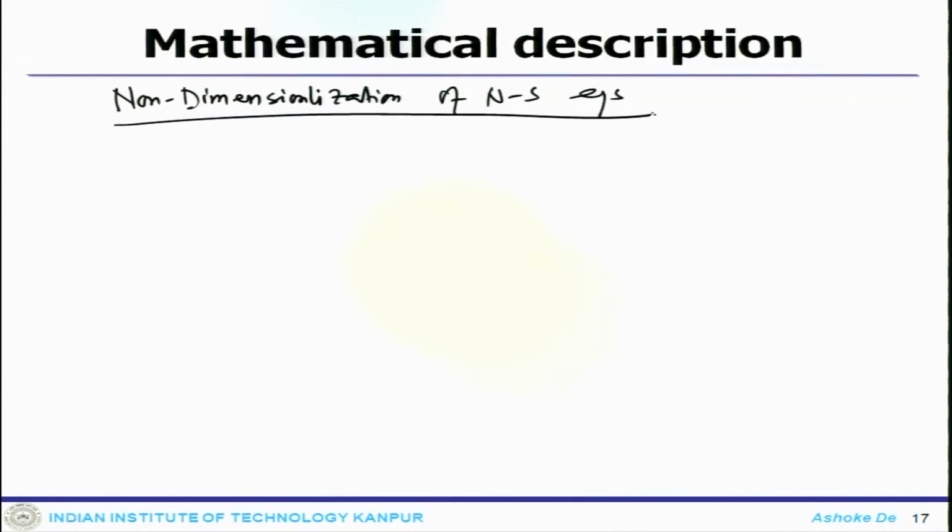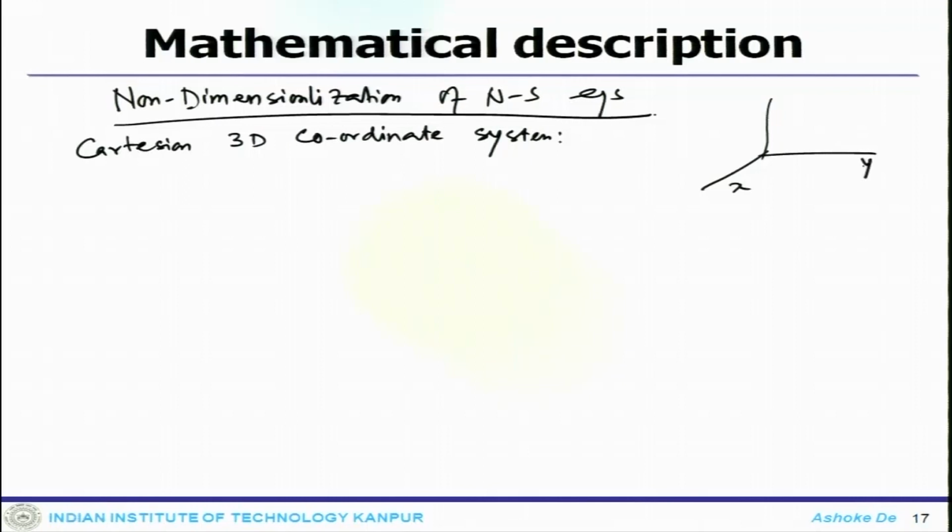So if you just consider a Cartesian 3D coordinate system, okay, and if you consider that as a sign convention x, y, z, then you have a continuity equation,